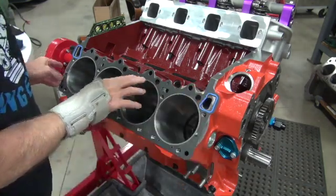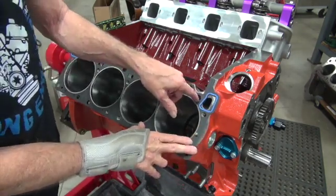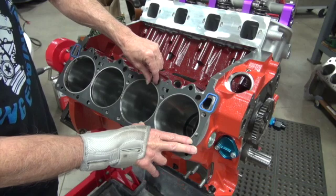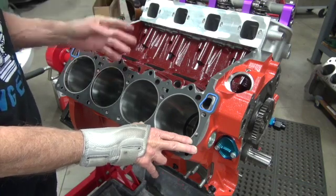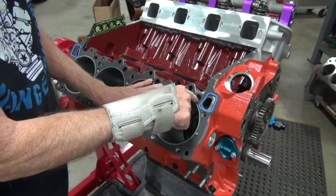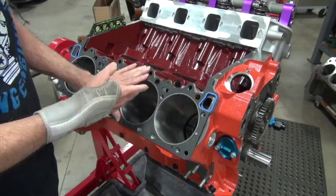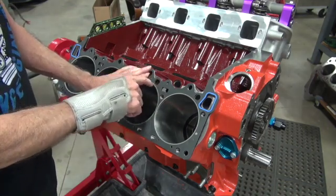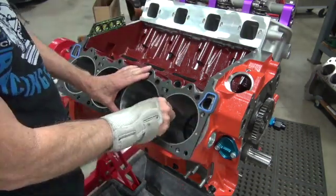Look how bad that is, that must be 60 thousandths sticking up there. Well, with that push rod riding so low in the hole, that's not going to work. So I should have mocked this up. You take a little Dremel tool with the little sand roll on the end of it, and you just touch that up till it meets the block. But now I have to take this off and do it by hand. It's just easier if you do it on the block, you know, but we can't do that now because we're putting the thing together. So that was a mistake on my part,